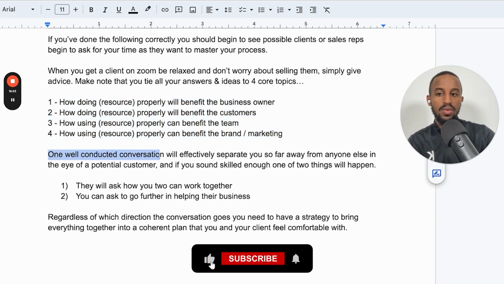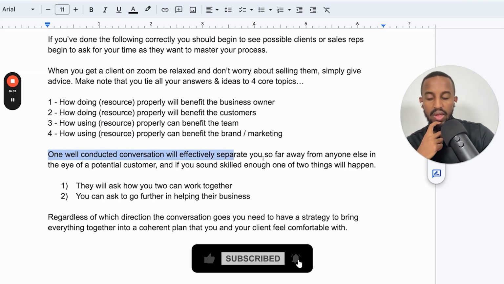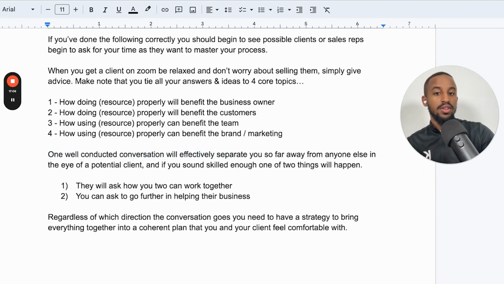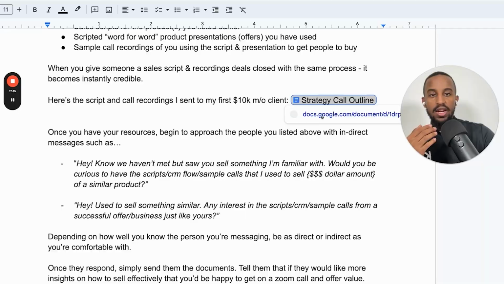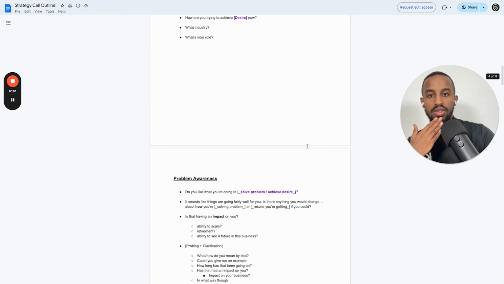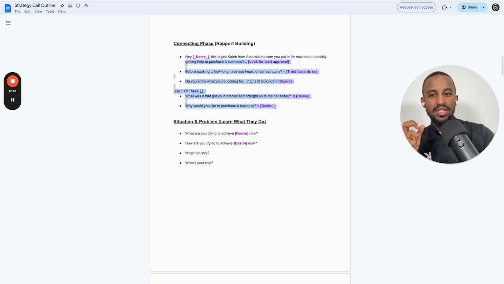Now, once you've actually had a well-conducted conversation, just explaining what you know will separate you so far away from everybody else in the eye of this potential client. And if you sound skilled enough, eventually one of 2 things will happen. So what I mean by this, before I go there, is when I was with Deal and I handed them these scripts that I created, and eventually I hopped on Zoom with them and talked with them a little bit about, hey, what questions do you have around this? Oh, we were just curious about your connecting. Why do you do the connecting like this and not like this other method? Well, how long have you heard about the brand acquisitions possibly before booking? How long have you heard of our company? The reason why I do that is because it helps me understand how much familiarity they have with me and